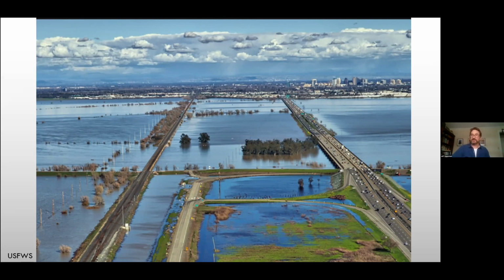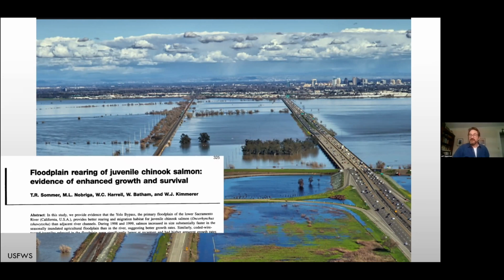There's Sacramento in the upper right-hand corner, Interstate 80 crossing the Yolo bypass. But along the way, researchers began to discover that juvenile Chinook, that native fish, were using this habitat. It was obvious that birds were using this habitat because they were everywhere, but native fish were using it too. And it took almost 50 years before fish biologists realized this, that underneath these waters were the native fish. This had become the biggest and most connected floodplain habitat that was left in the whole Central Valley.